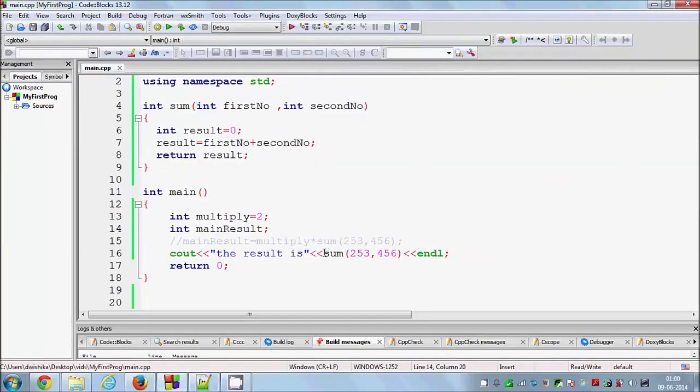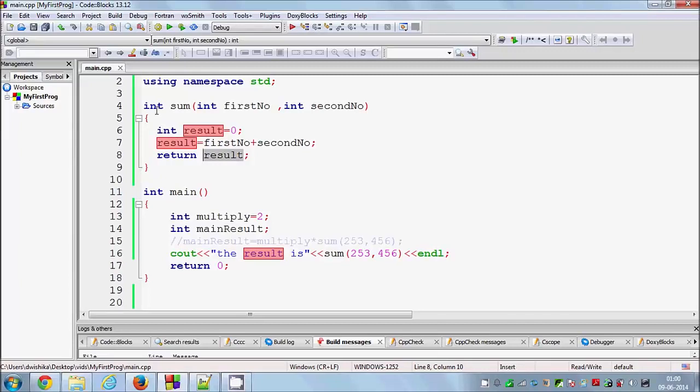So what this function is doing, it's taking these two values, making the sum of these two values, and the result it's returning as an int. So whenever you call this function, it will return you the sum, right? Now for example, I want to multiply whatever this function is returning by my variable multiply. Okay, so now I can use multiply into this function, because this function is returning an integer, I can use it as a variable.